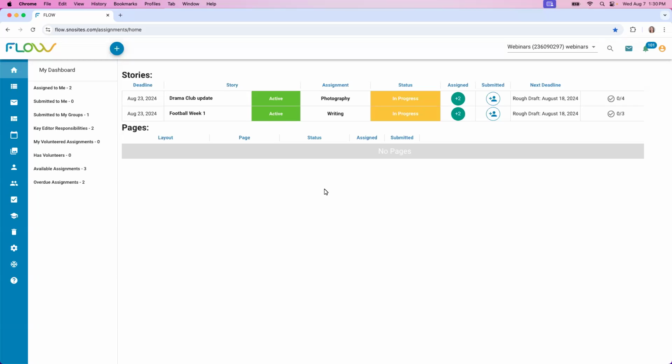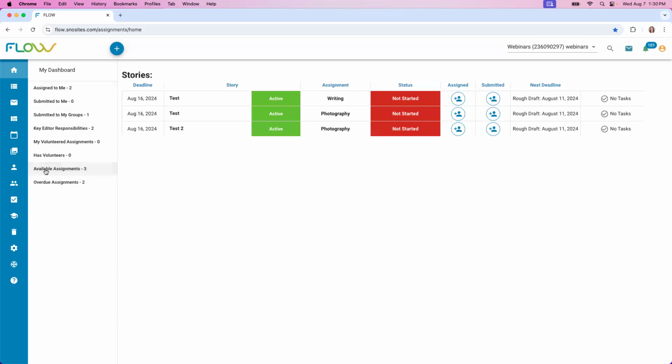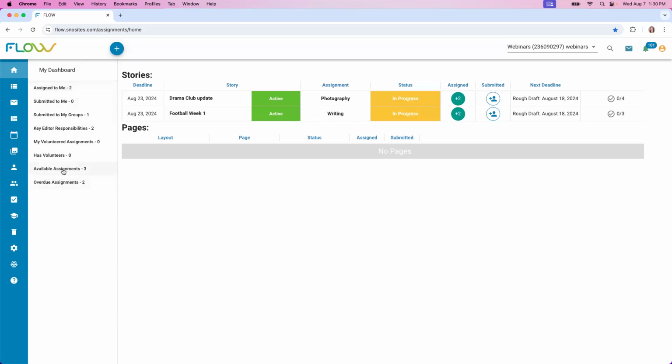The first thing that you will see when you log into Flow is this dashboard view here. And this is going to show you anything that is relevant to you as a user. So for instance, I can use these filters to see things that are assigned to me, submitted to me. I can see things that are available, assignments that are available, assignments that are overdue, etc. So again, anything that's relevant to me as a user, I'm going to see on this dashboard screen